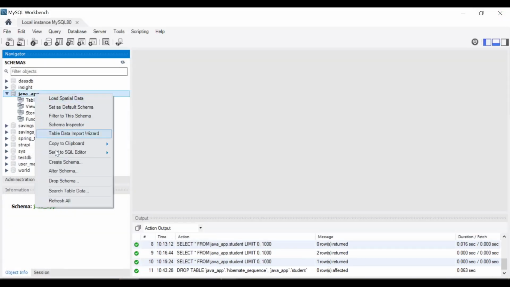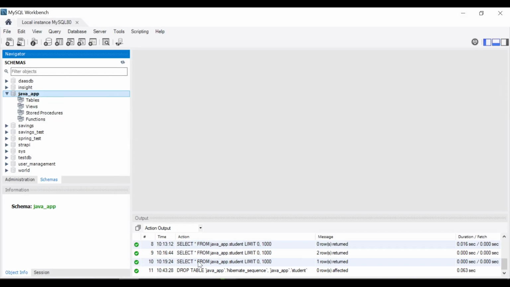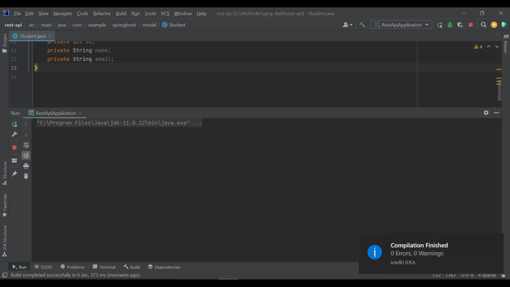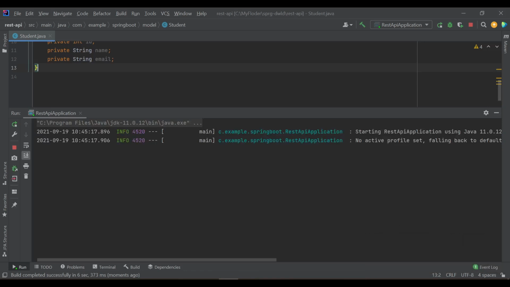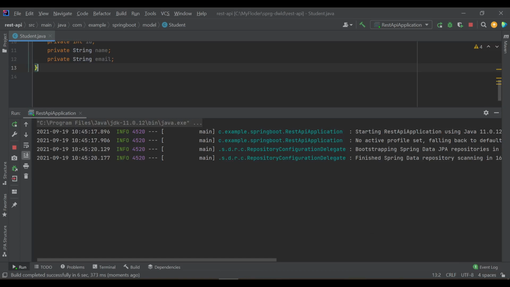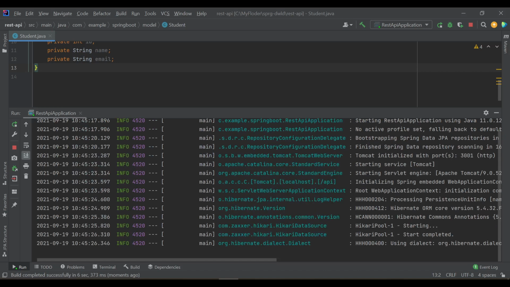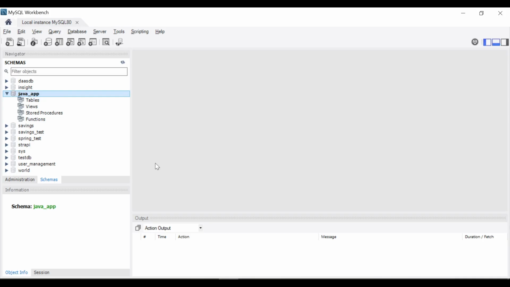So right now in my Java app, you see there is no table, we have deleted it earlier, right? Now the application is running, 0 warning. Okay, it's taking a little time, that's okay. Okay, so it started.